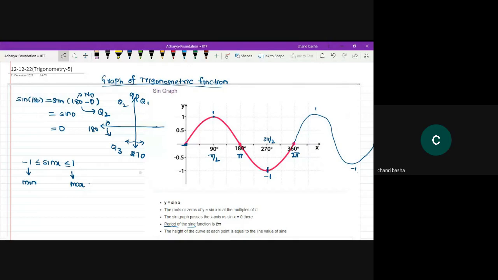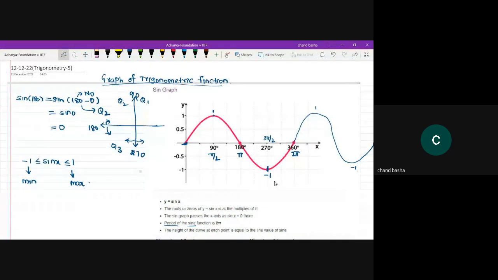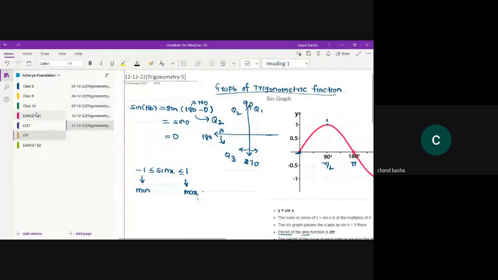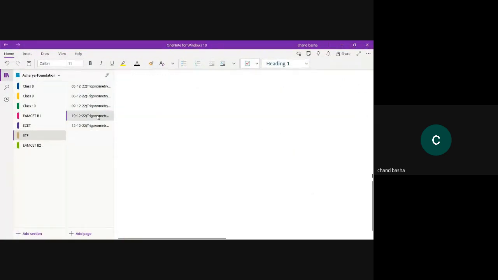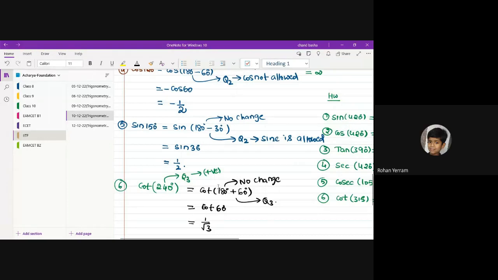2 pi means 360 degrees. It will become 0. 360 plus 0, 360 minus 0. That part we already completed in yesterday's class, how we can calculate the angle which is more than 90 degrees. Sir, that's not my doubt. I'm asking that